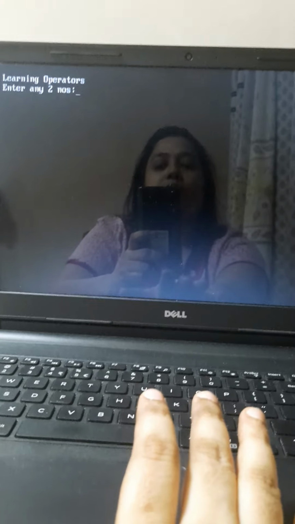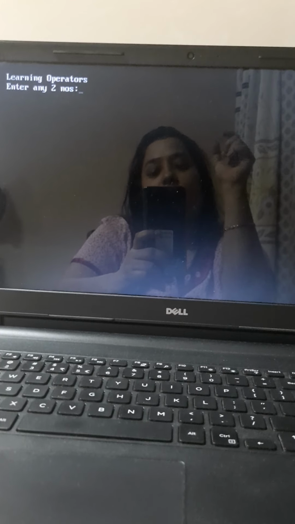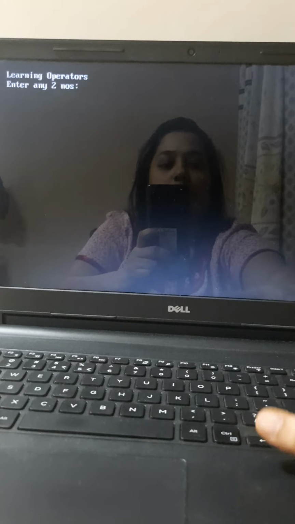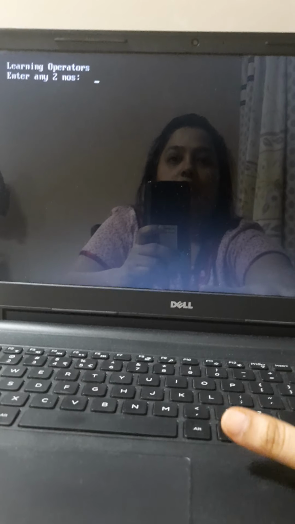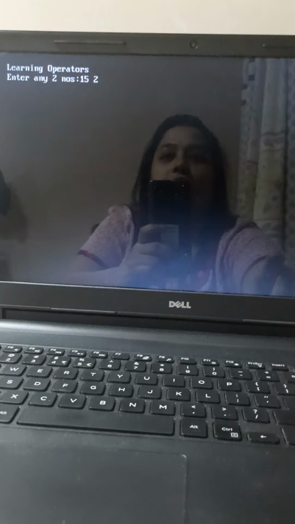Now the messages of our program, that is learning operators. So, enter any two numbers. I am entering say 15 and say 2 and then enter.